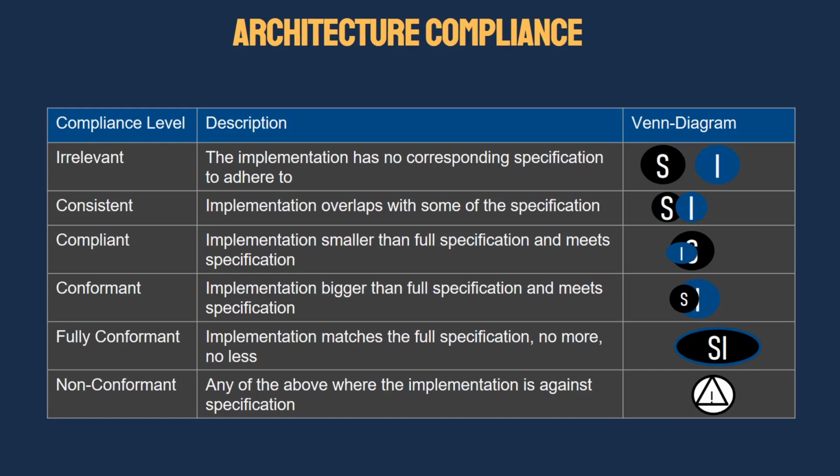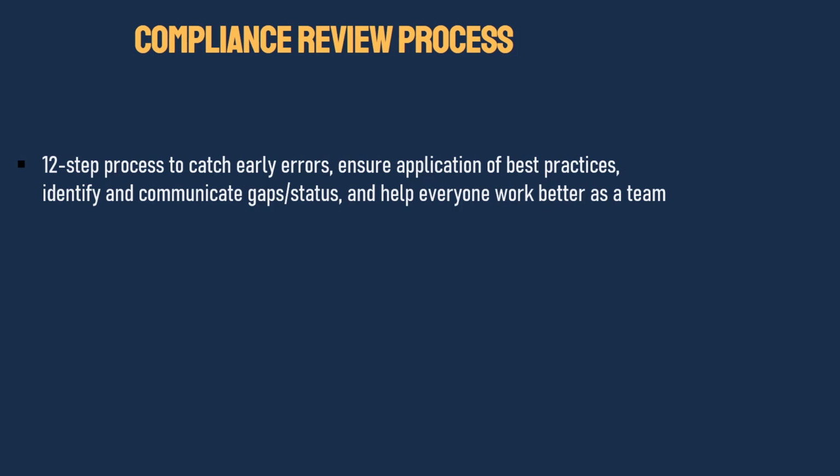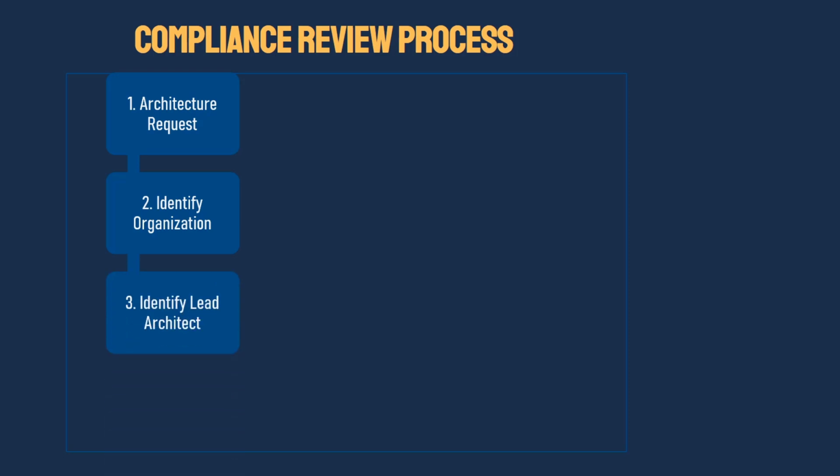The compliance review. The compliance review process is a 12-step process to catch early errors, ensure application of best practices, identify and communicate gaps and stats, and help everyone work better as a team. The steps are laid out on the slide. It includes starting with an architecture request, then identifying the organization that's going to support it, identify a lead architect,